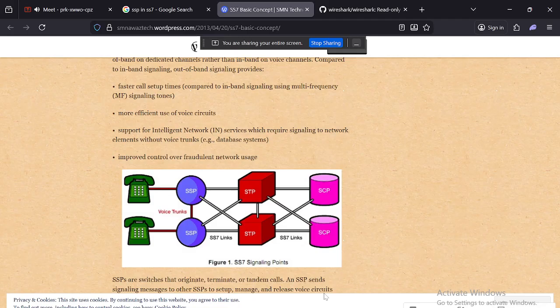You call a second phone number. When you try to do something illegal or wrong, in the SCP the mobile switching center holds two things: the home location register and the visitor location register. The home location register is a permanent database that stores subscriber services information and location data.